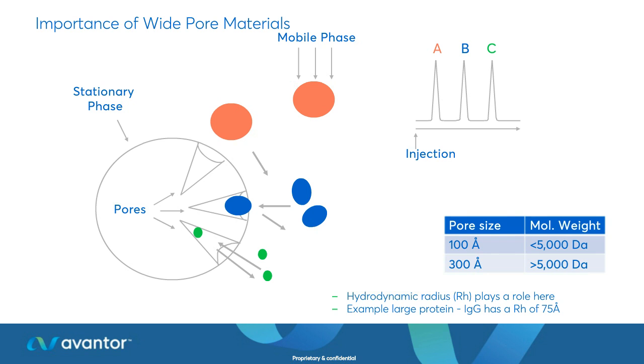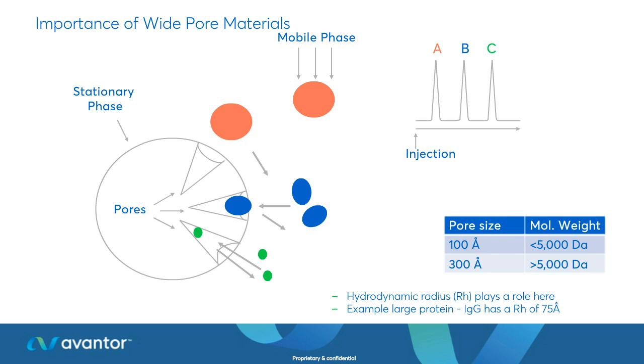So actually it's not just the molecular weight that you need to think about, it's the hydrodynamic radius. So how they're folded, what shape and size they are when they're in the form that you are going to analyse them in. I was going to say native form, but actually when we're running a reverse phase method, often